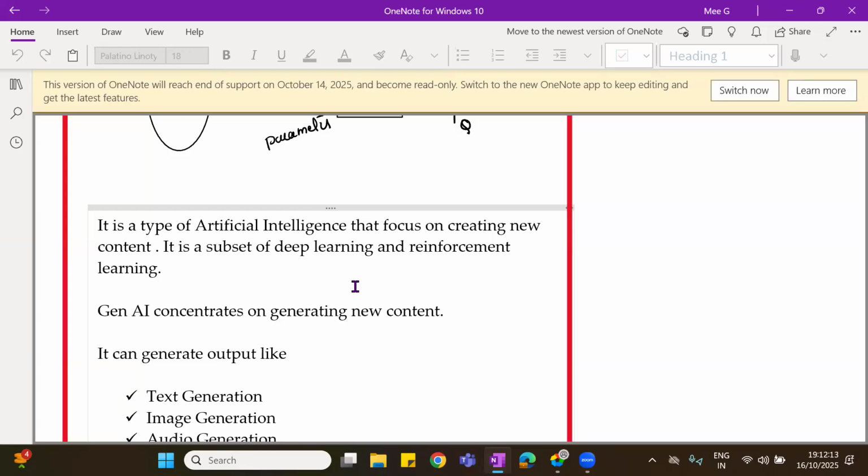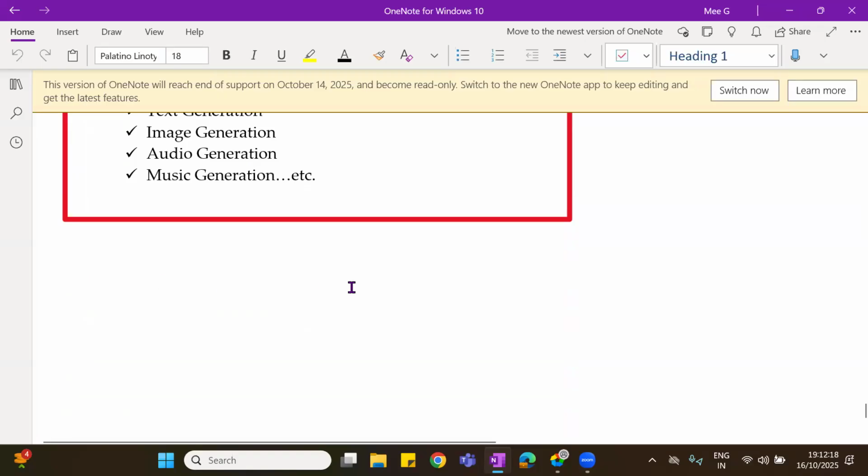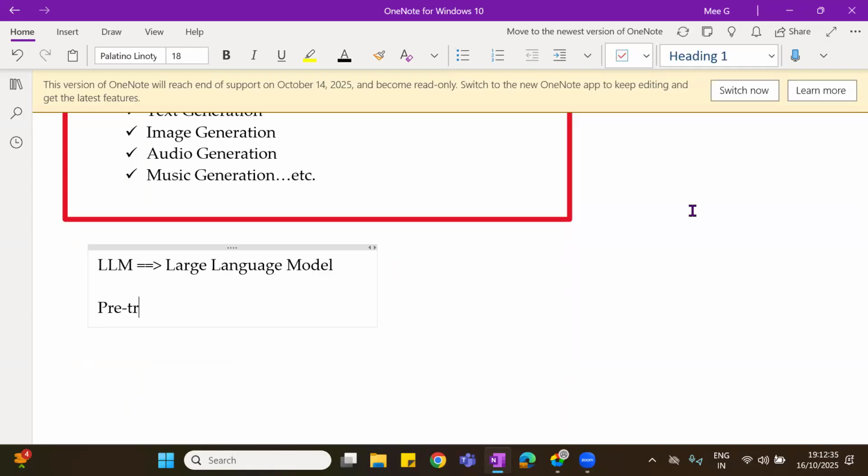There are some terminologies we have to know over here. The first one is LLM, that is large language model. The second one is pre-trained.